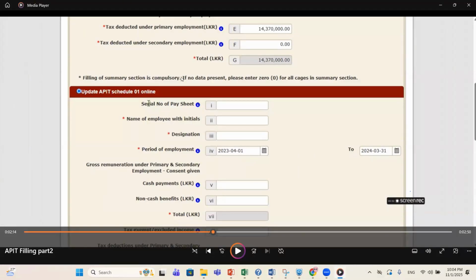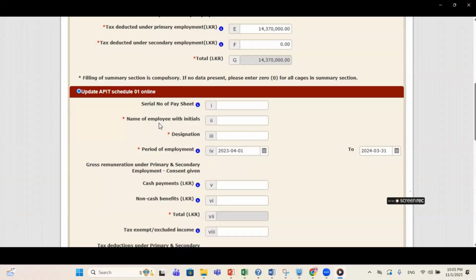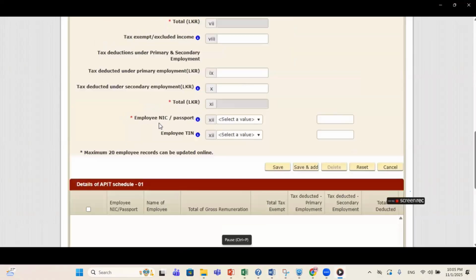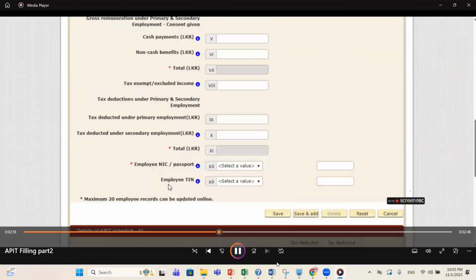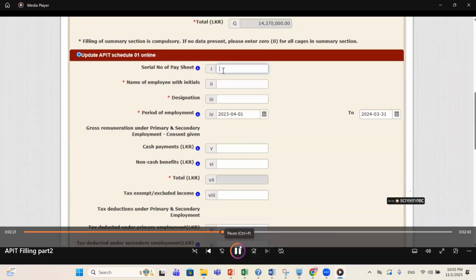But it does not allow entering a large number of employees' details here, right? If you have more employees, you have to select the other way, that means the schedule upload part. But just for the purpose of showing, I will enter one data here, right?